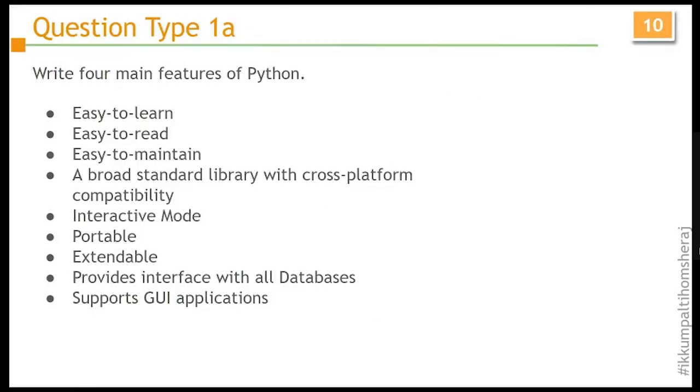The very first question from the syllabus can be asked as: write 4 main features of Python, or write 2 main features of Python, depending on whether it is a 1-marker or 2-marker question. So we expect any of the following answers, and a child might write things a little differently, which will mean a similar kind of thing. So we have to accept that.